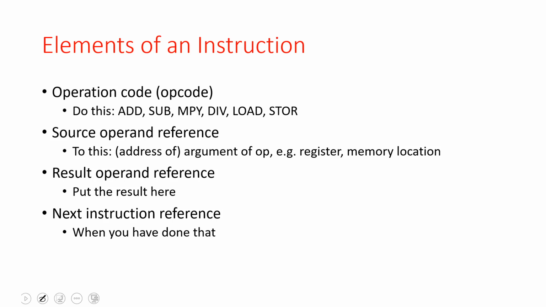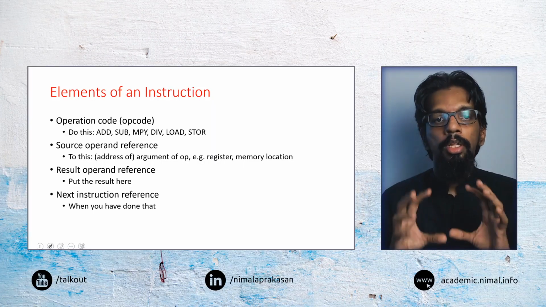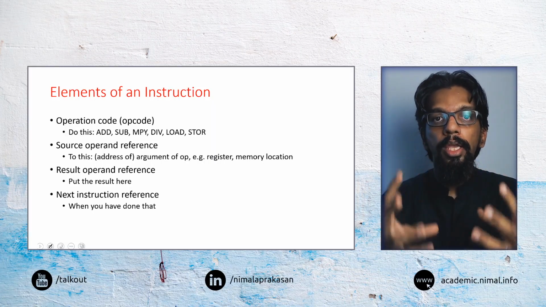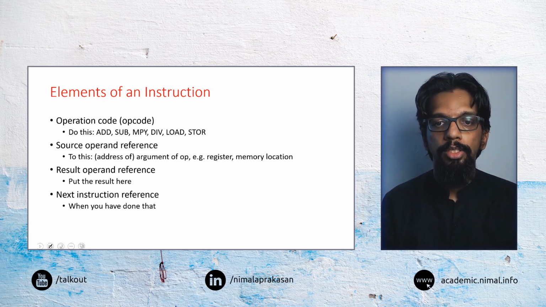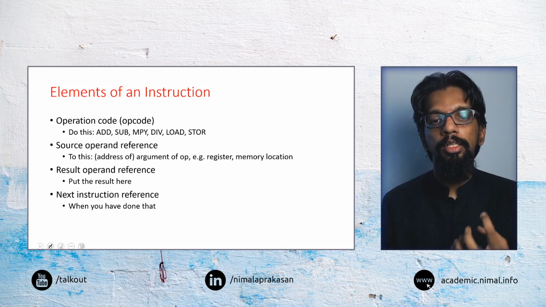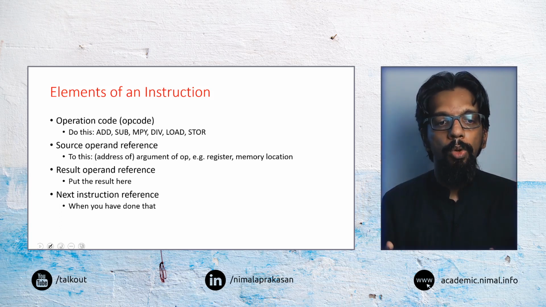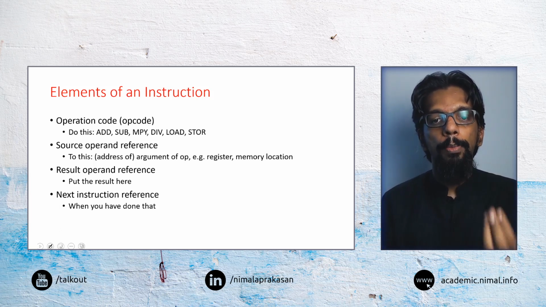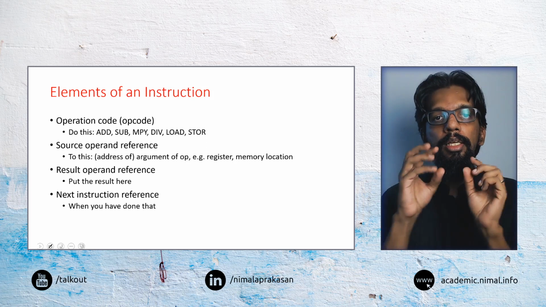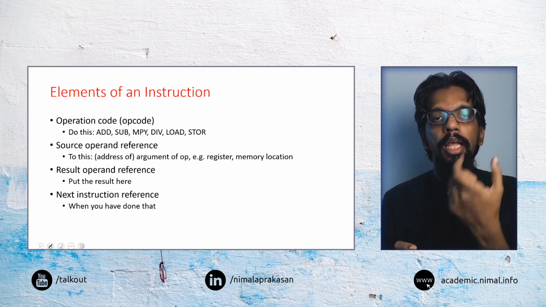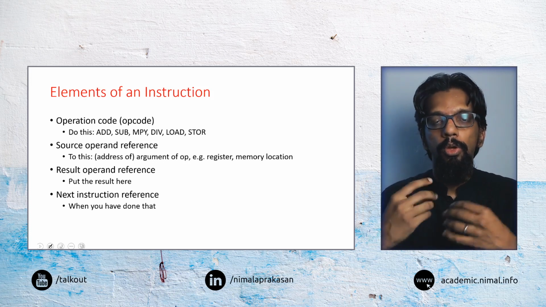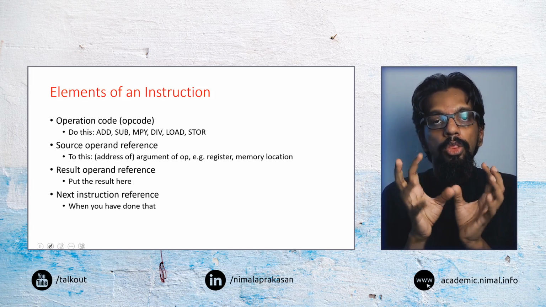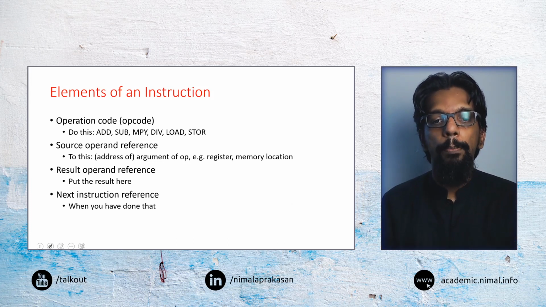When we think about instructions now, we can look at what are the things that make up such an instruction when we think about an instruction set architecture. The first part of the instruction is what we identify as operation code or opcode. This opcode is basically the core part of the instruction that is giving the operation behind that instruction. These can be things like addition, subtraction, multiplication, and so on. So the operation of that instruction is the opcode.